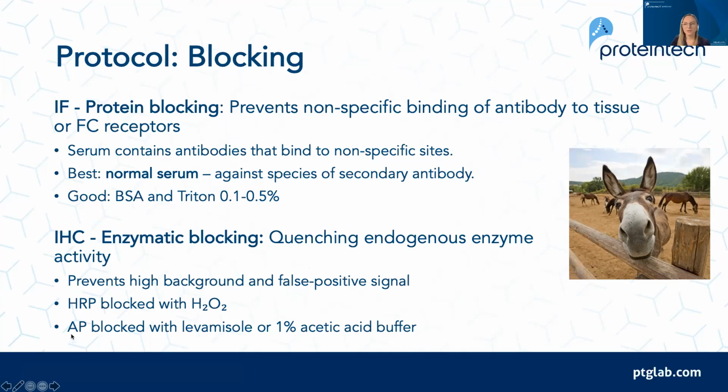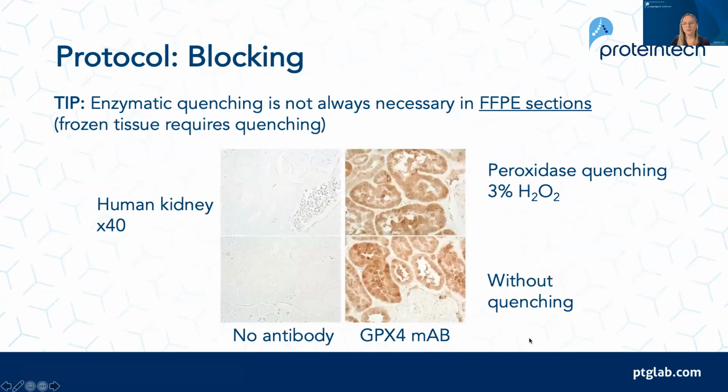If you're using AP, which is a slightly less common enzyme, alkaline phosphatase, oh, sorry, I can't say that word today. You can block that with levamisole or with 1% acetic acid buffer, and that should prevent any endogenous enzymes causing higher background. One tip that came about from our R&D scientists when they were developing some of our IHC kits is that they discovered that there's really no need in the majority of cases with FFPE sections to do